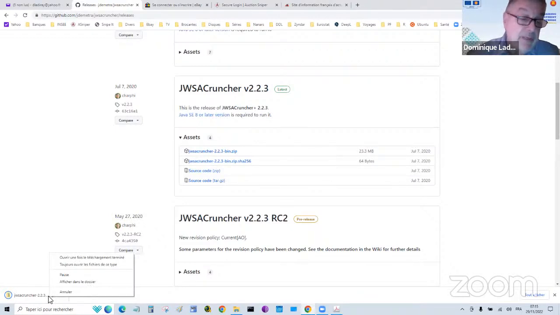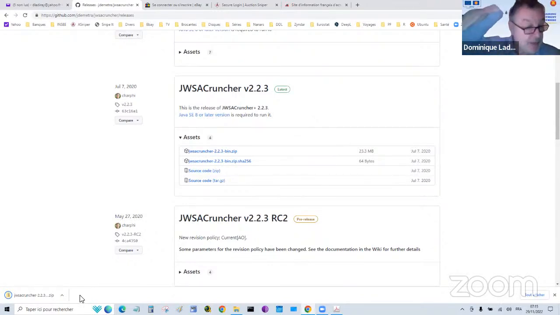I guess my antivirus is just going to scan everything to be sure that everything is correct. It's not done yet, so I don't know what's going on, but probably the antivirus is working well. Okay. But anyway,